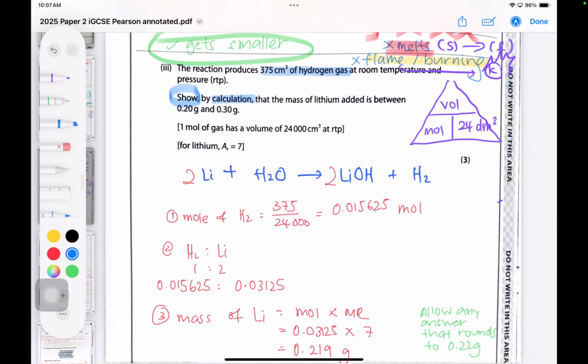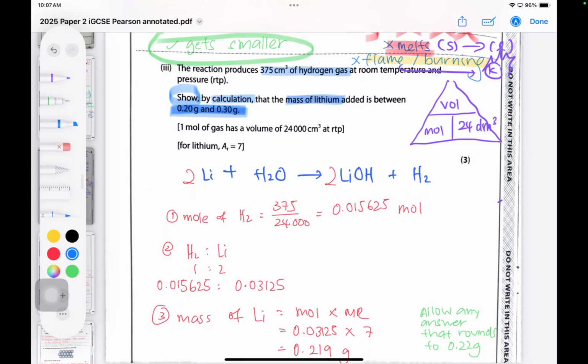Show by calculation the mass of lithium that's added between this mass. Okay, so they don't tell you the exact mass of lithium added, so you cannot work backwards. This is what has been happening. A lot of students are using the value given and they work backwards. So they tell you this is the range, and you are supposed to show what is the mass of